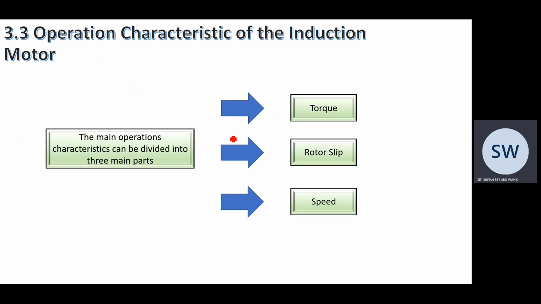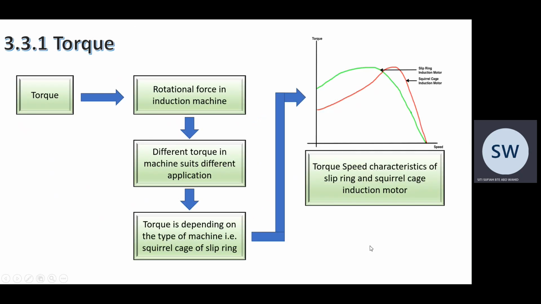Okay, so these are some of the operation characteristics of the induction motor, or the related important terms related to induction motor. Main operation characteristic can be divided into three parts: the torque in the induction motor, the rotor slip in induction motor, as well as the related speed. As for the torque,